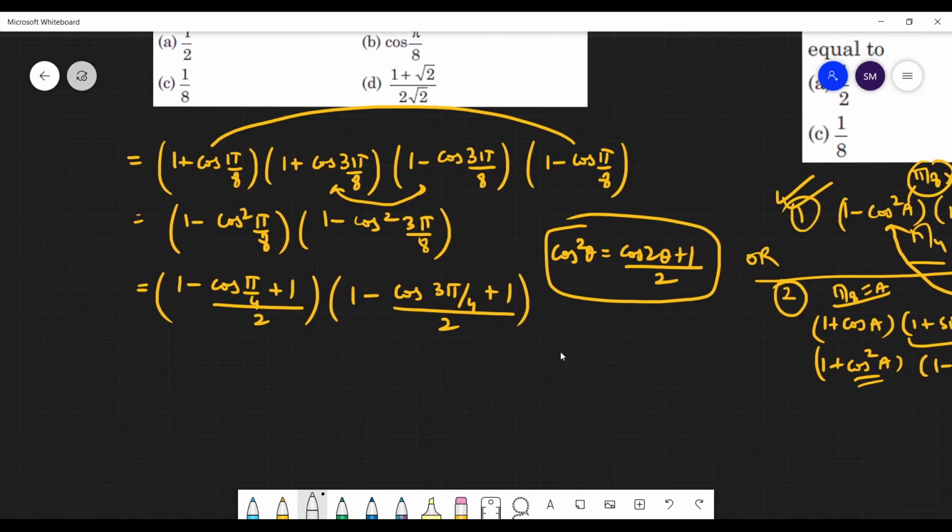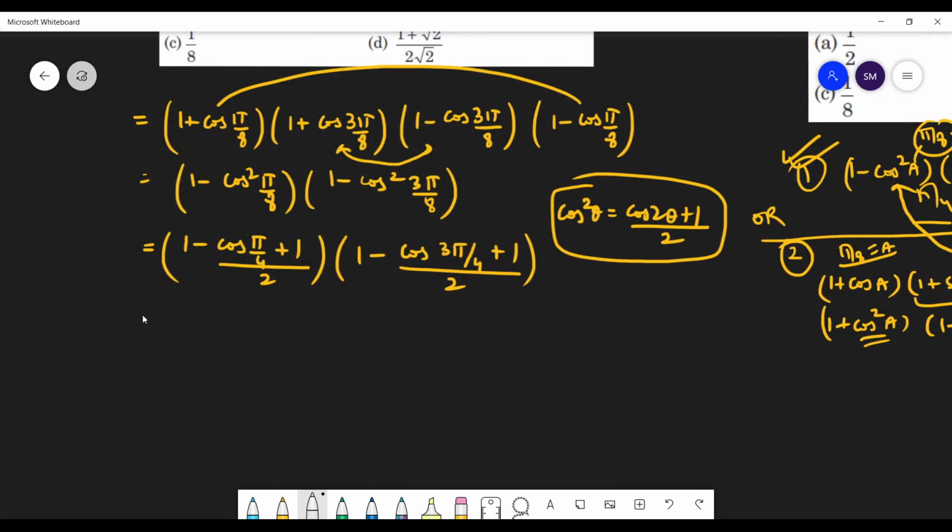Okay students, don't worry about it. You will get comfortable as you practice the same thing every day. You will definitely be more and more comfortable. Now 2 is the LCM here. Take the 2 LCM, here it will become 2, and here also it will become 2. And this 2 will come out and it will become 1 by 4. Agreed, students?